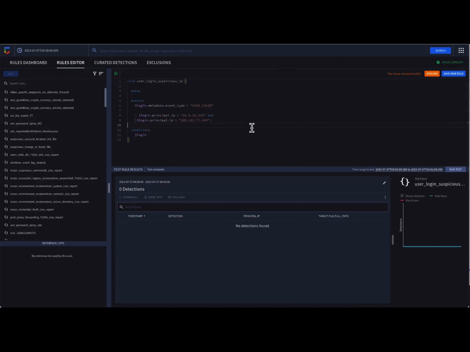Our other rule is really simplistic, but it highlights how the any and all modifiers can work with repeated fields. Repeated fields handle items like multiple IP addresses associated with a system. Here we are looking for a user login from a system that has a specific set of IP addresses. Because IPs are repeated fields,